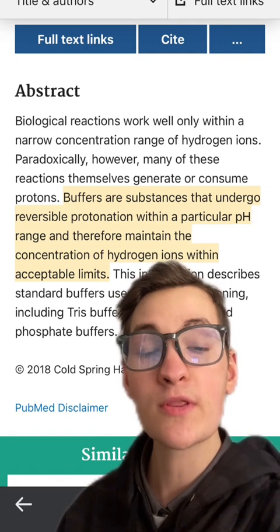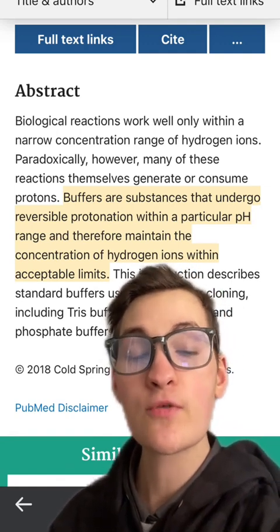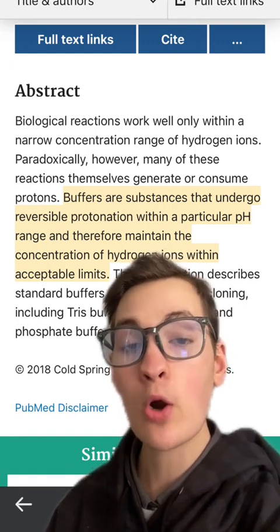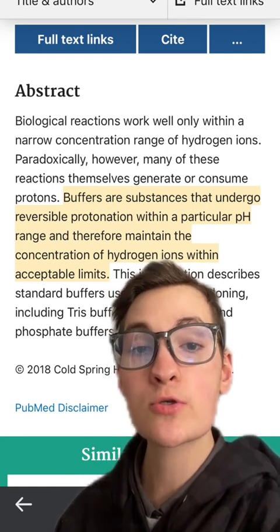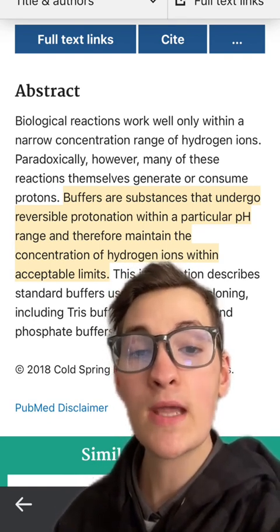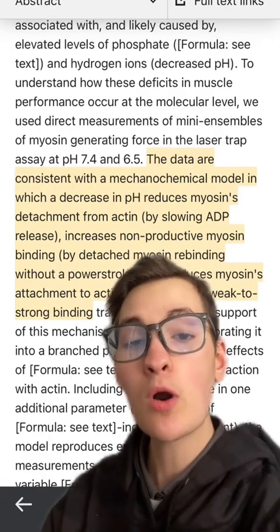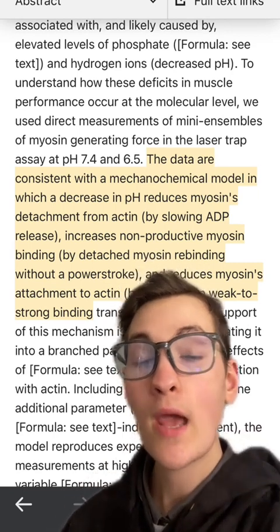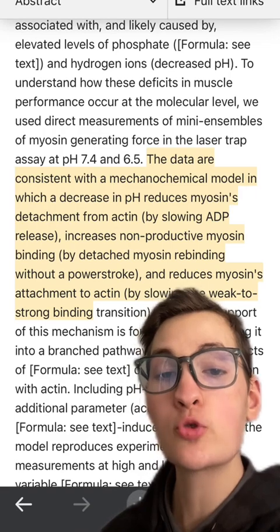A buffer is something that can either donate or absorb hydrogens, keeping the pH of an environment stable. In the scenario of sodium bicarbonate, the bicarbonate molecule can actually absorb hydrogen ions that are produced during exercise and keep the pH of the muscles stable. This is extremely vital because the more hydrogens found inside of a muscle cell, the lower its pH. And if the pH of a muscle fiber gets too low, the muscle is no longer able to continue to